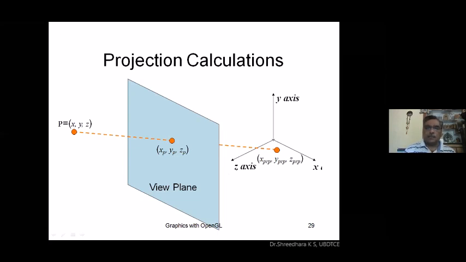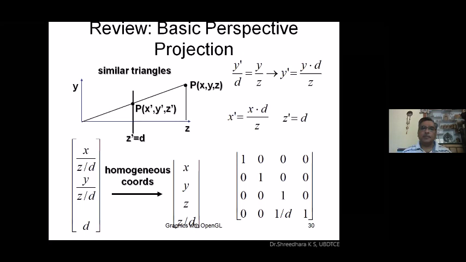To observe this projection, now we'll take this diagram. This is very clear. Point P, x comma y comma z, that is the distance z. Here the z dash will be at d from the origin. The values of the other two are x dash, y dash, or xp comma yp, whichever is convenient. Using the similar triangle property, two triangles are formed here. If you observe this one triangle and this another smaller triangle, using these two similar triangles, we can say y dash divided by d is equal to y by z.